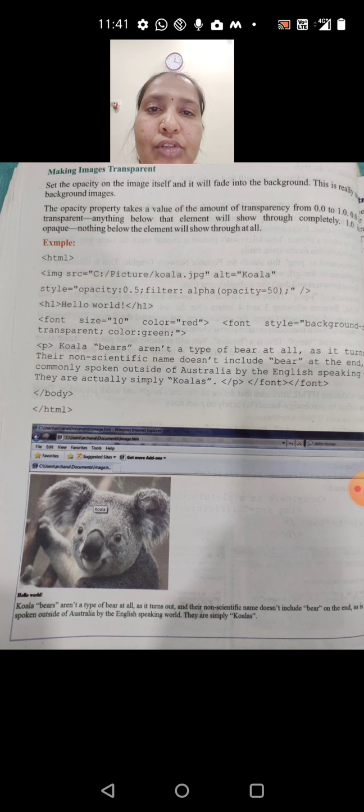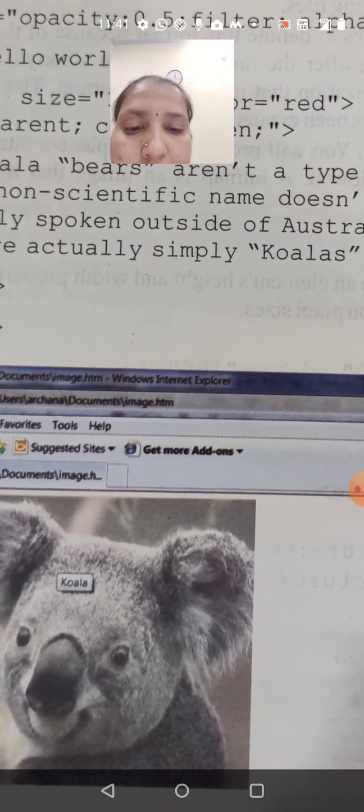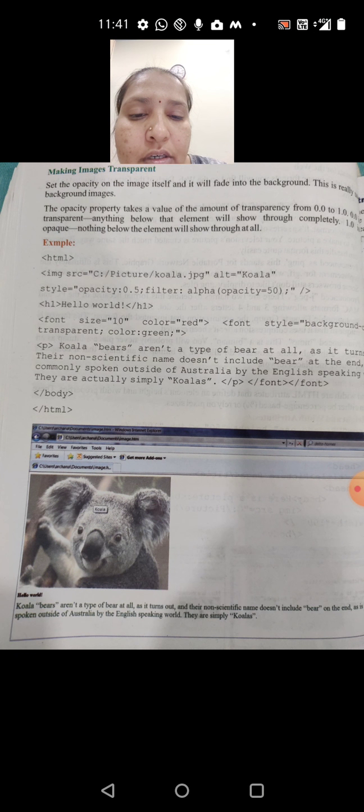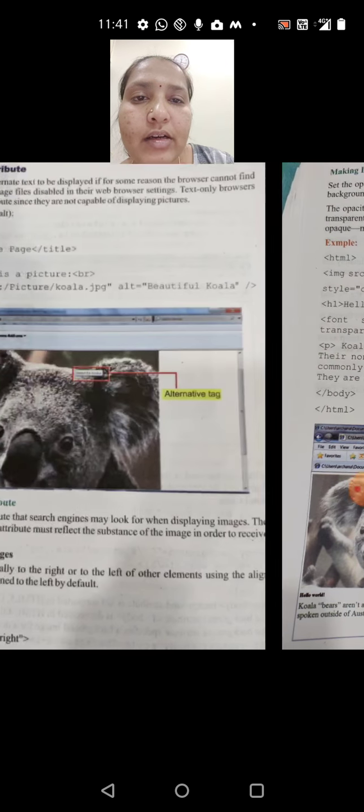Then we can move to making an image transparent. That means set the opacity on the image itself and it will fade into the background, so we can write any word on the images. For that we have to use this image source. In the example, in the window, in the picture one sentence will be there, that is KOALA. To write that word on the pictures, we are using this code.